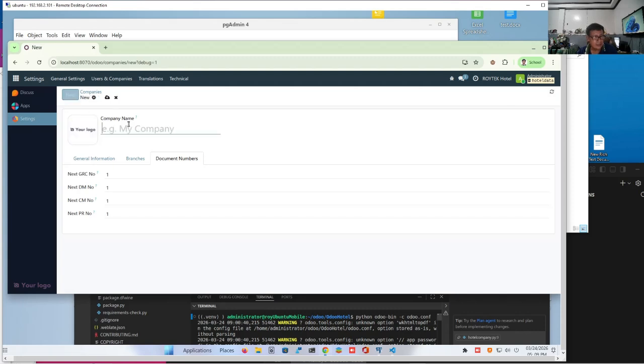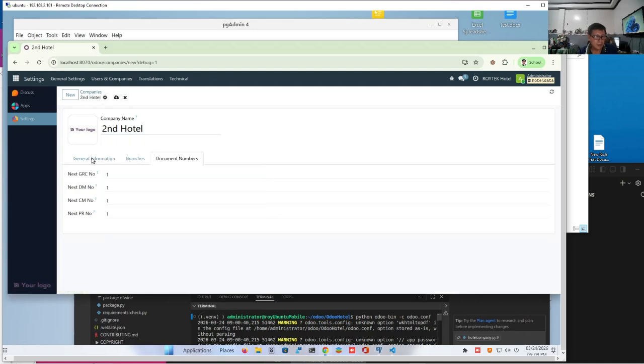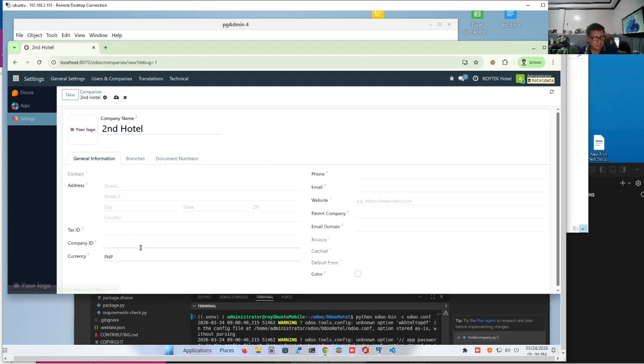Shall we say a second hotel? Save this. So assign a country, Philippines. It can have a separate currency sign.